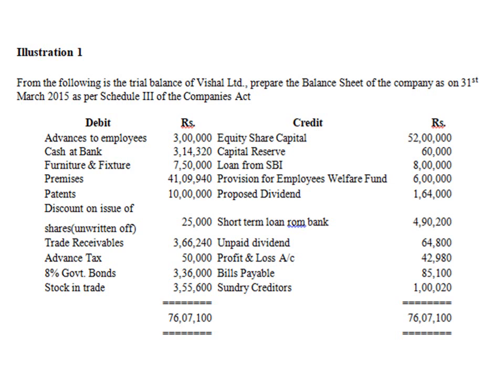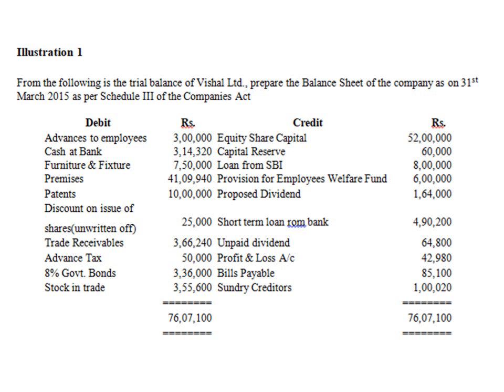Advance to employees is a short term loan and advance. Cash at bank comes as cash and cash equivalents, which is on the asset side. Then we have two items here, furniture and fixture and premises. These two items put together will be under fixed assets, under tangible assets. This is the first non-current asset. These two items put together will be tangible assets, which is a subheading under the fixed assets.